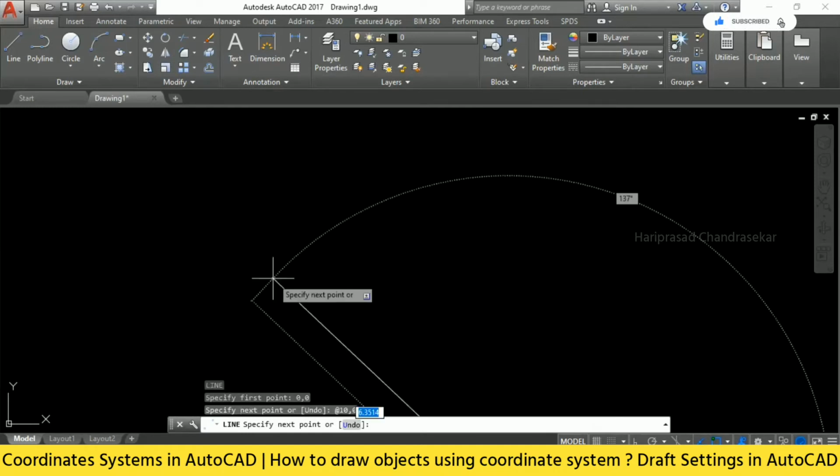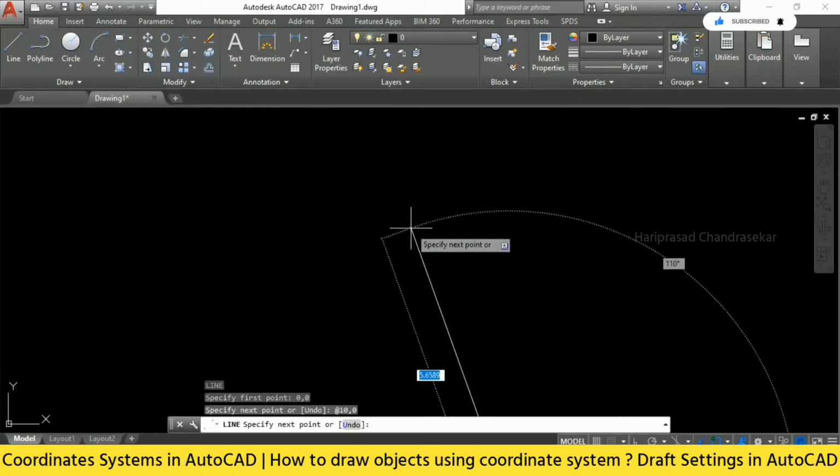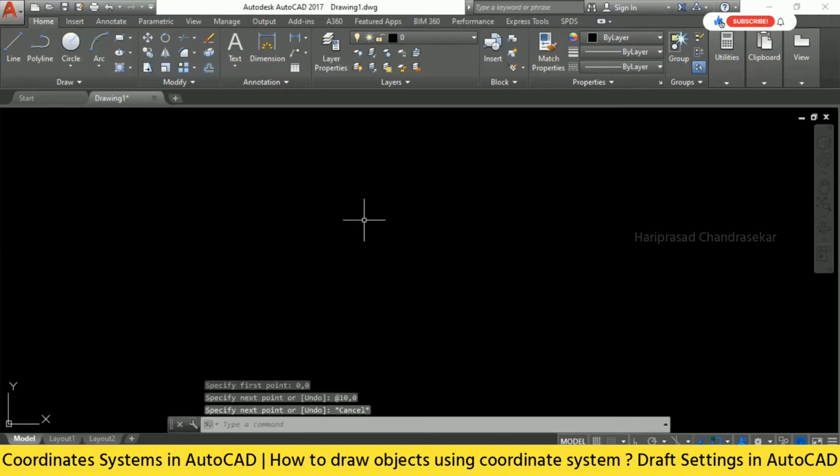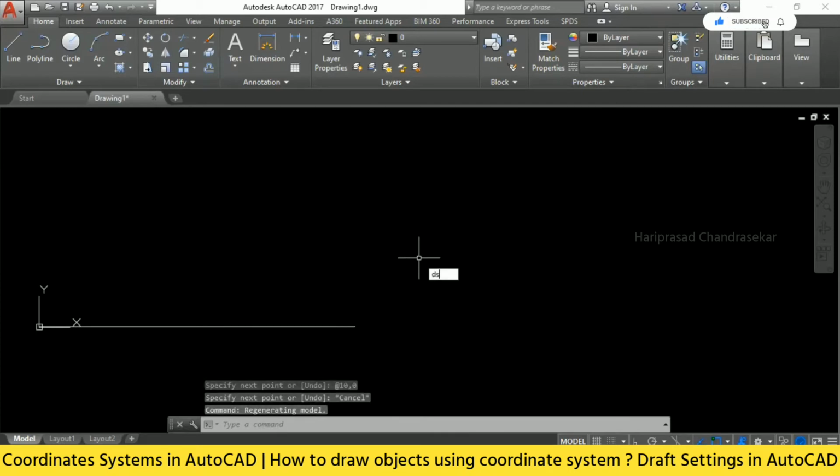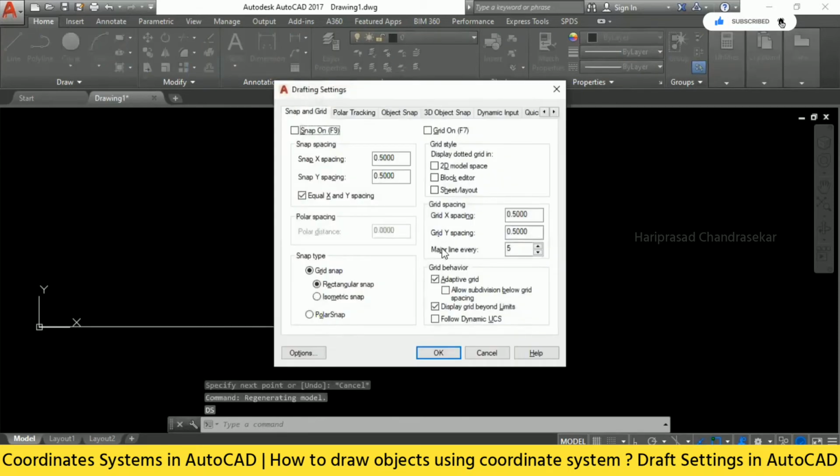0. But you can see that by default it is taking relative rectangular. In that case, we can type DS, enter, for drafting settings, and here we can change it.